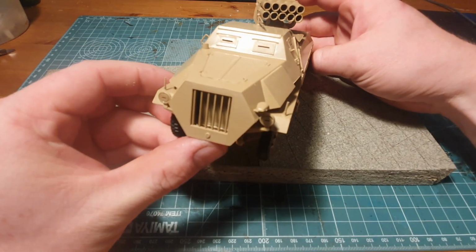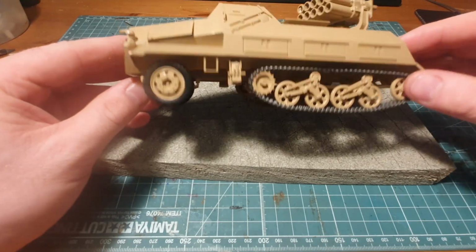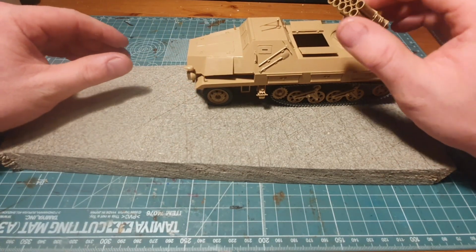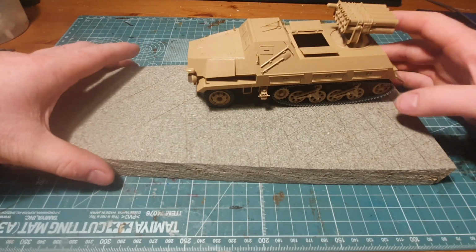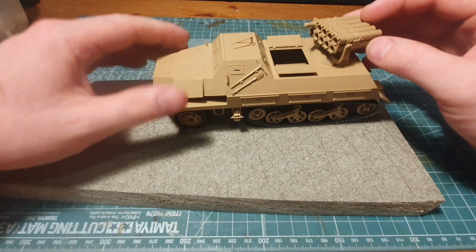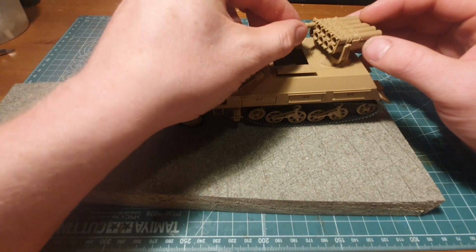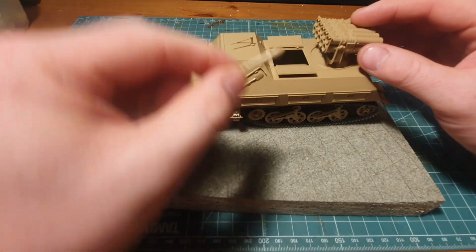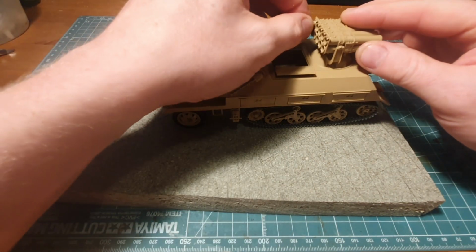And the kit we'll be using today is this Mörser, this rocket, or what's it called? This mounted Panzerwerfer rocket artillery system, and with it there are some details like rockets that you can mount or not. I've decided not to use these because, as you're about to see, the plan for this diorama is to